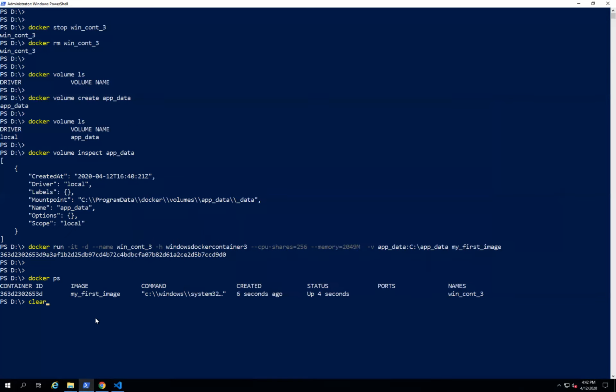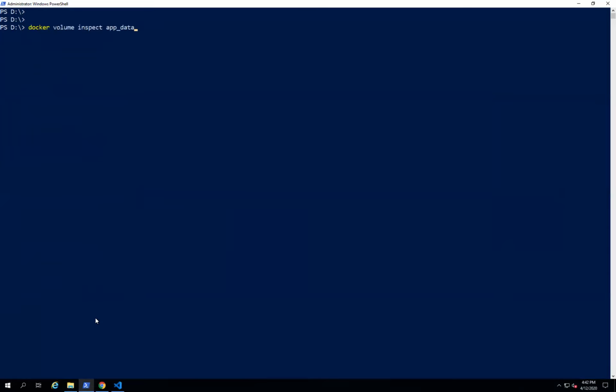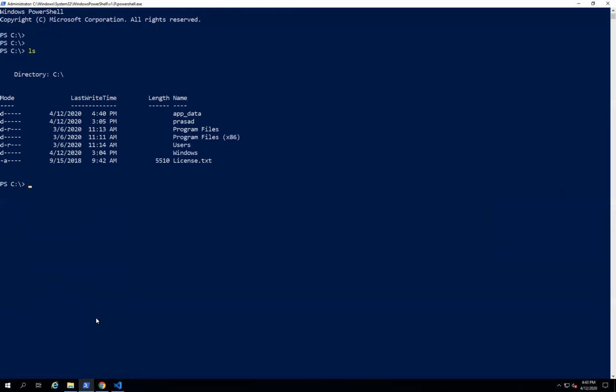Okay, let's connect to the Docker container with the same commands. Okay, it's connected, and let's see, app_data is created. And then we'll try to create a file over here at this app_data location. We know the command to create files, right?